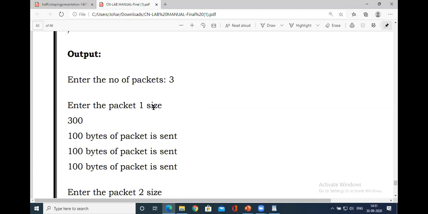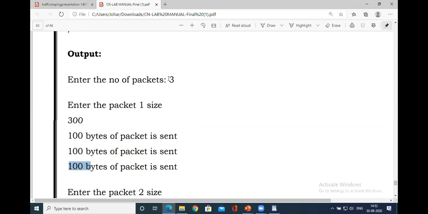Enter the packet 1 size. If you enter 300, the output rate is 100. So first 100 is being sent, deducted with 300 minus 100, left with 200. Again, one more 100 is sent. Since the packet size is 300, the last left out 100 bytes again is sent directly.